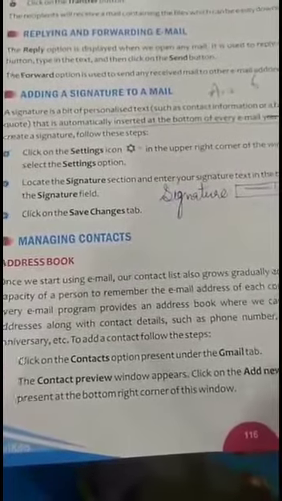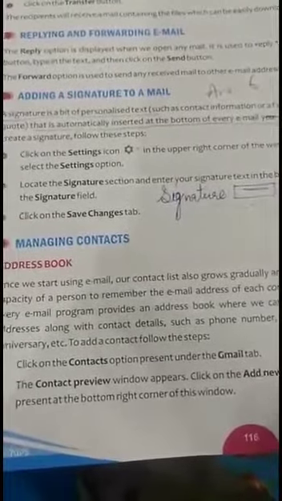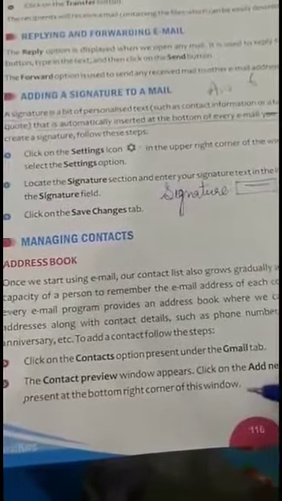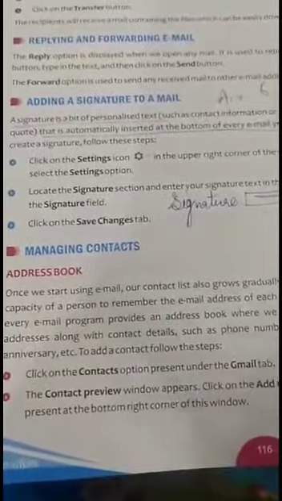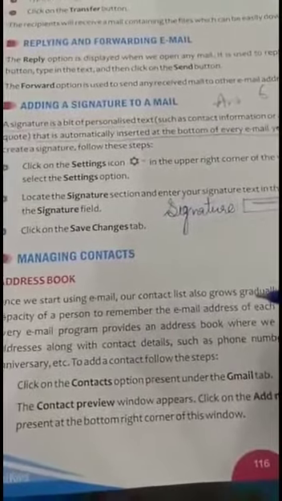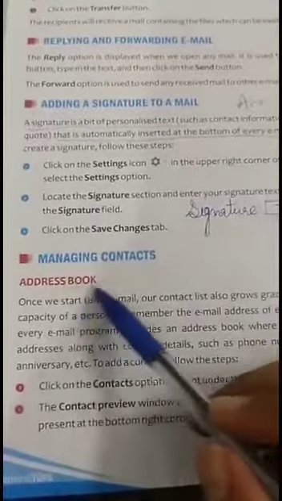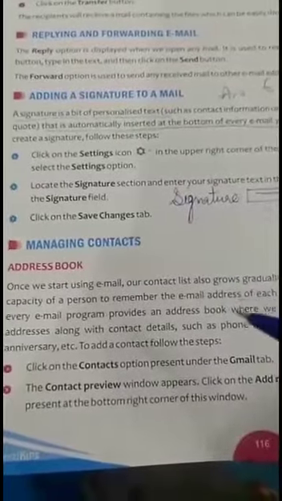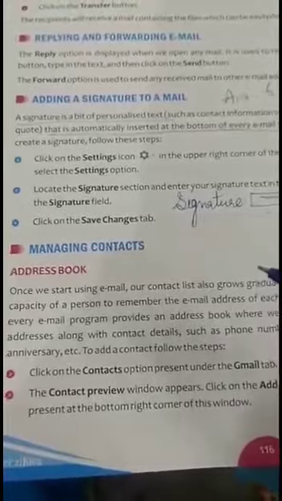The same way you use your mobile to store the numbers of your contacts, it is the same here. In the mobile you store phone numbers, but in the email address book you store the email addresses of the contact list of your email account.